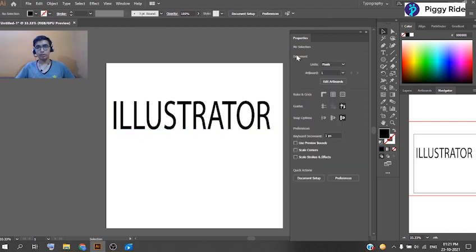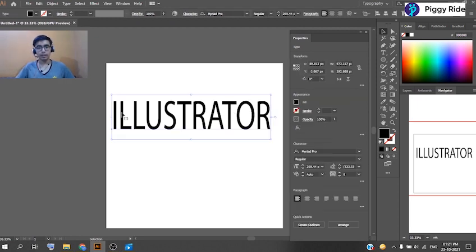Firstly, it was showing document, rulers, guide, snap options, preferences, and quick access. As soon as I select our typed object, the word that I have typed, it shows different options. Now it is showing transform, appearance, character, paragraph, and quick access. Now it is showing all the options that are related to the type tool.